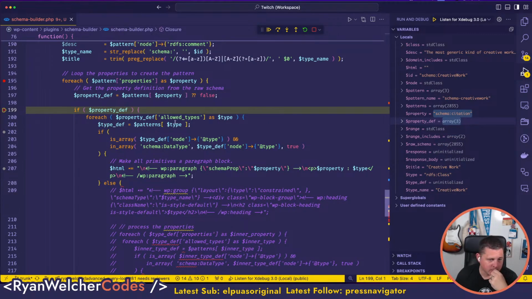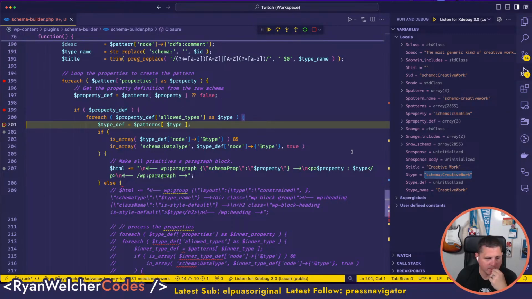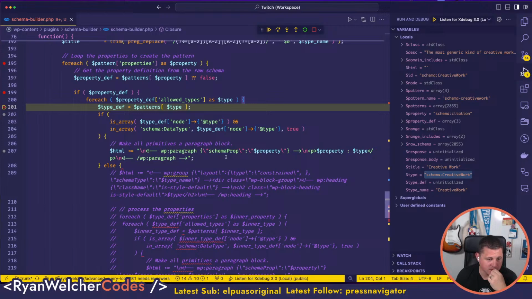So for each, so allowed types. So let's jump into, let's say there, right? So in the allowed types, as type, we should have, so this is a creative work. So a citation can be represented by a creative work. So now we have to figure out, so creative work is a class. So I think this is where we need to,